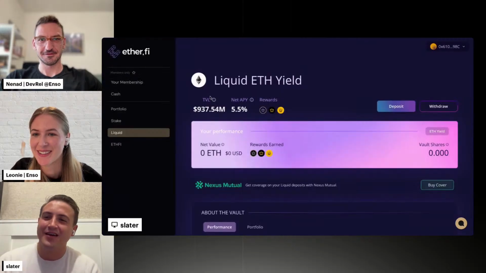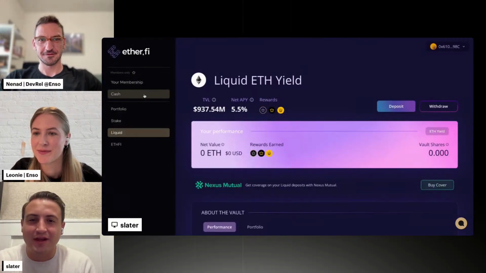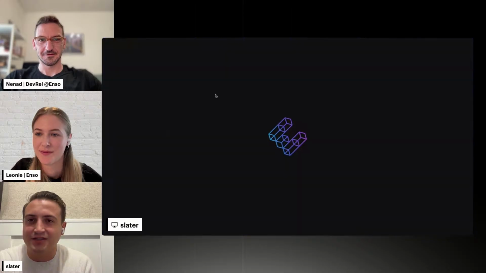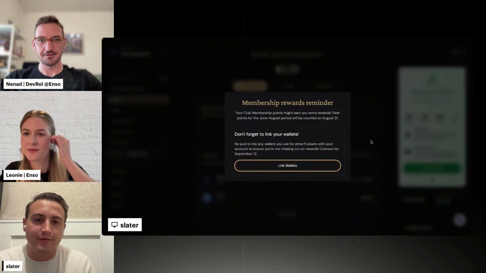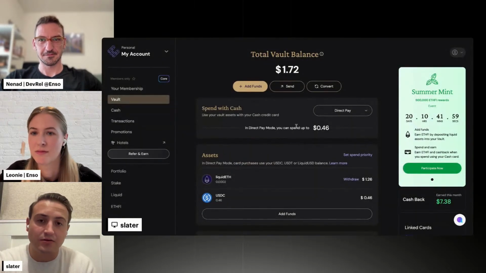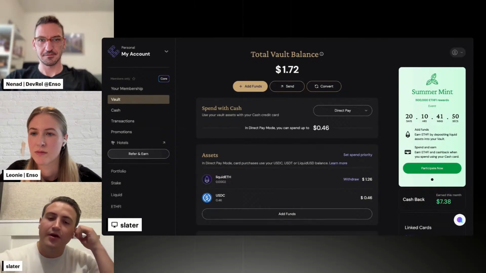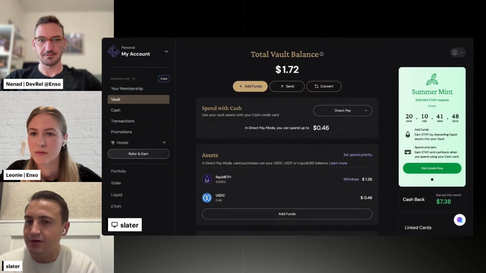And then I wanted to actually show how you can then deposit those assets into cash. So this is a test cash account. If you're not already familiar with cash, it's a crypto credit card that allows you to add a balance into your vault. So this could be any of your liquid assets and stable coins, ETH, Bitcoin, or your stake assets. And you just add funds to your vault. You issue a card that you can use in Apple Pay, or a physical card that you can use in real life. And there's no fees to get the card.